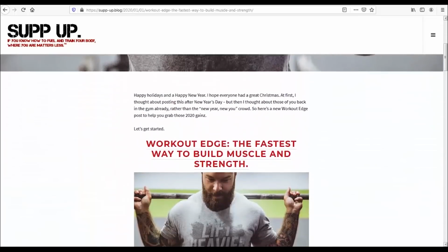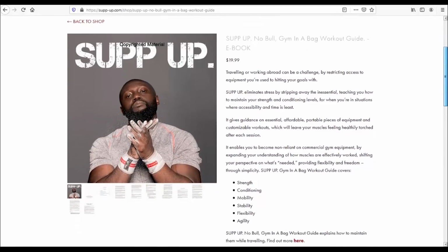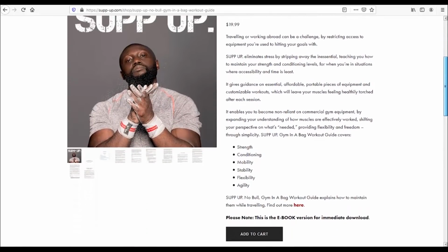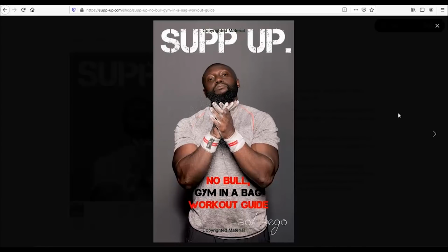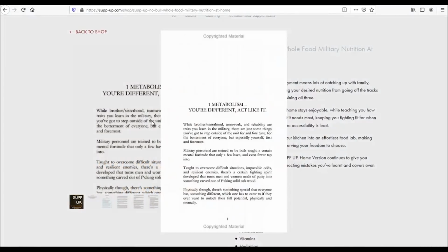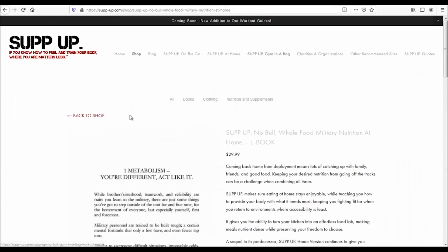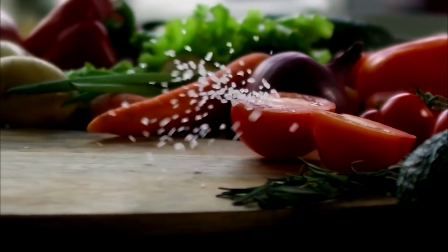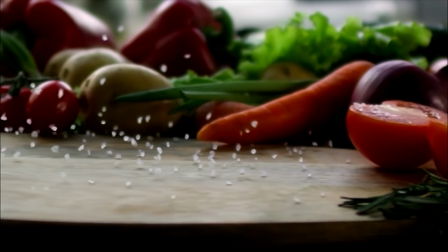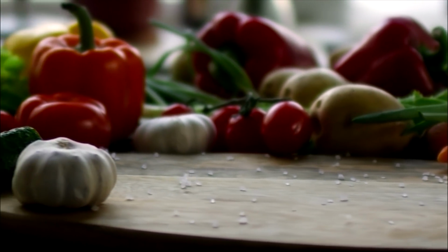And I wanted to actually read, for those of you who have not purchased the book, or either books, or either guides for that matter, or maybe you're just coming to grips with the blog, I wanted to give you guys a taster from one of the books. It'll give you an idea as to what the immune system boosting qualities of foods are, what type of nutrients, and how they work. I'll give you a few foods that can help boost your immune system, in addition to a few other things. But before we get started, I just want to say that,